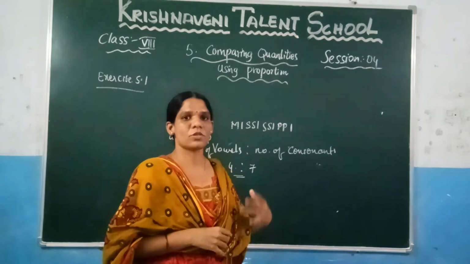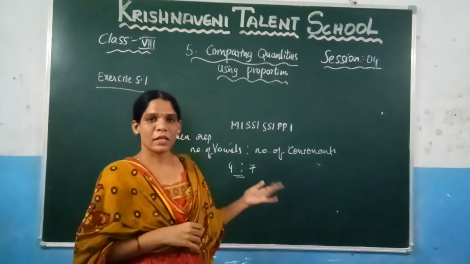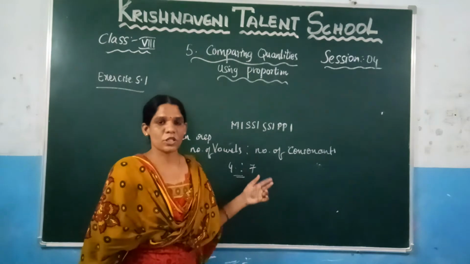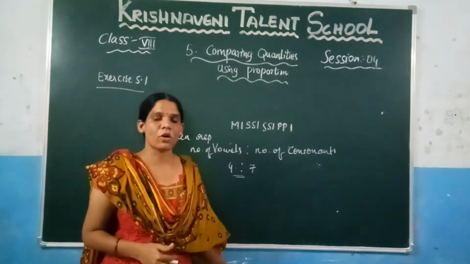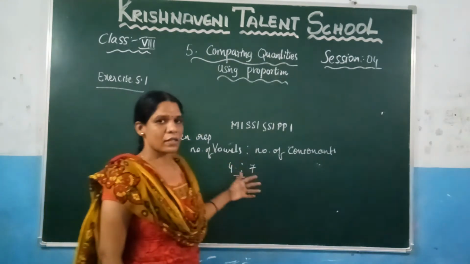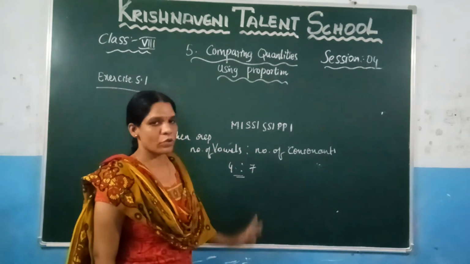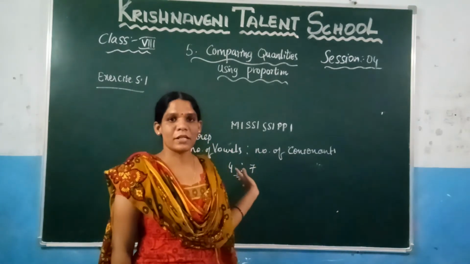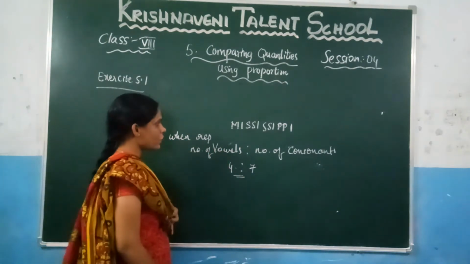When the repetition is not allowed, that means you need to consider each letter only once. If you find it like that, what will be the ratio? You can find the ratio in 2 ways. In the question they did not specify whether the repetition is allowed or not, but in other questions they may ask, so we are doing it both ways. When the repetition is allowed, the ratio is 4:7. That means you need to count every letter. Now when the repetition is not allowed.